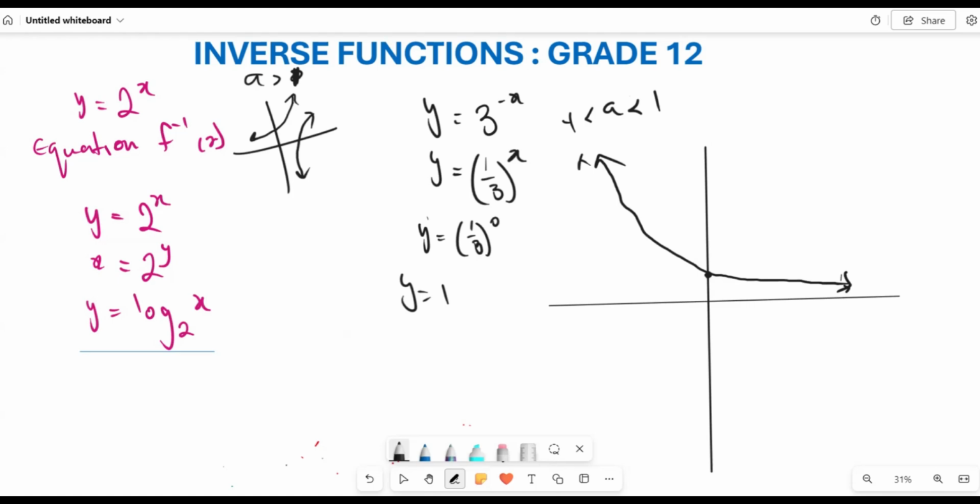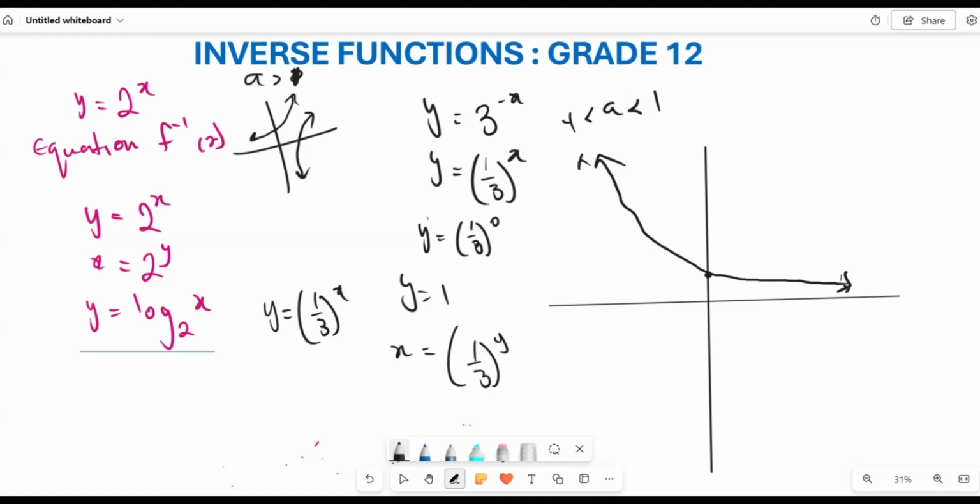Now, if let's say I say find out what will be the inverse of this, right? Remember how we find the inverse? This was y is equal to 1 over 3, right? This is y is equal to 1 over 3 to the power of x. And then what will be the inverse of this? The inverse here will be the same as x is equal to 1 over 3 to the power of